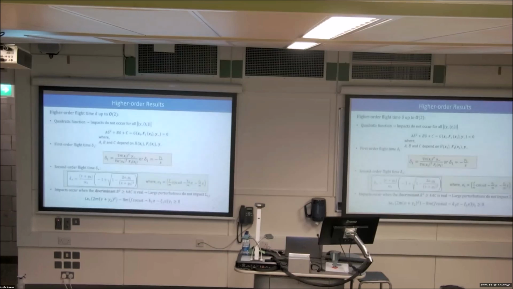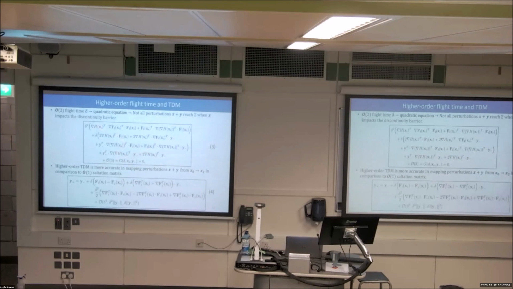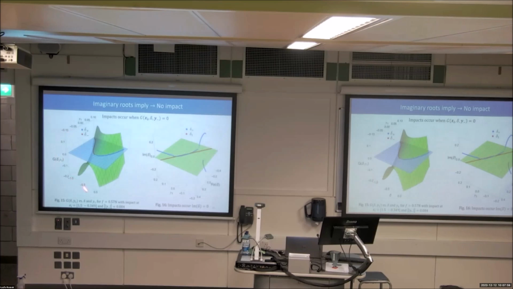So this is an instance where an impact is occurring. And at this instant, we are trying to see what the function g looks like. So this quadratic equation is simply written as g. And then g now depends on delta as well as the components of the perturbed vector. So the higher order theory tells us that impacts only occur when these two surfaces meet at a certain point, and the locus of these two curves for which impacts occur is given by the two roots of the function g,